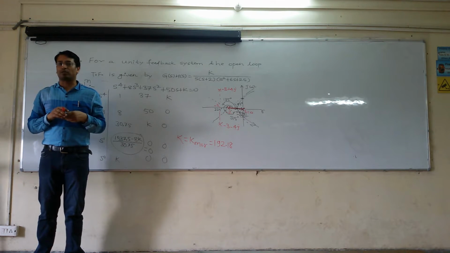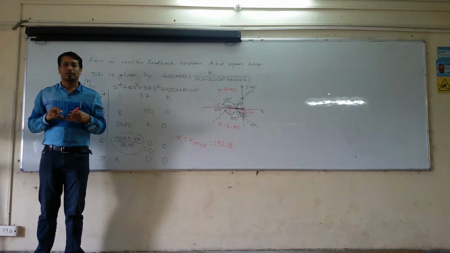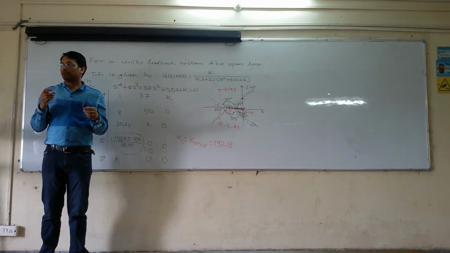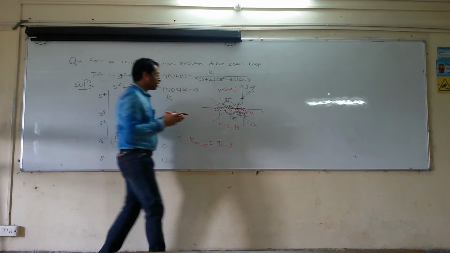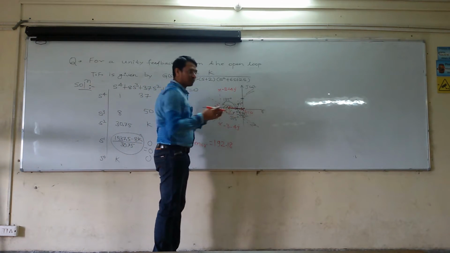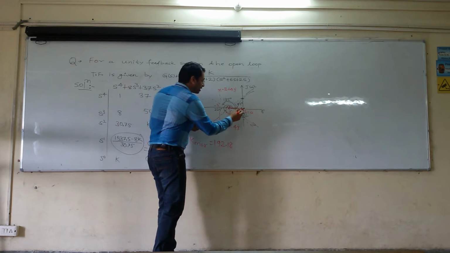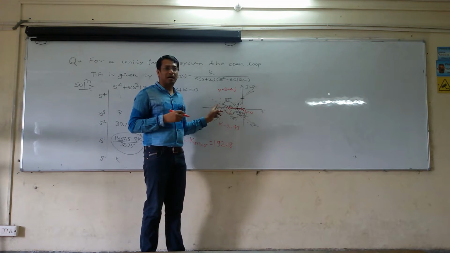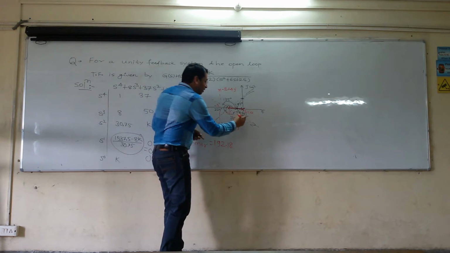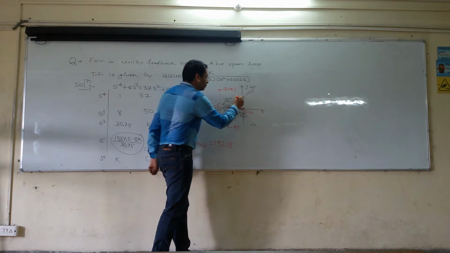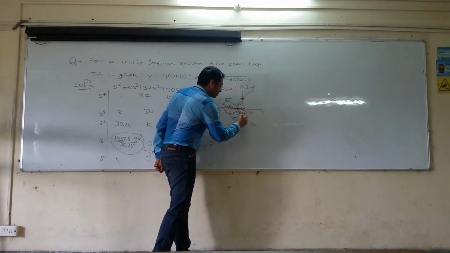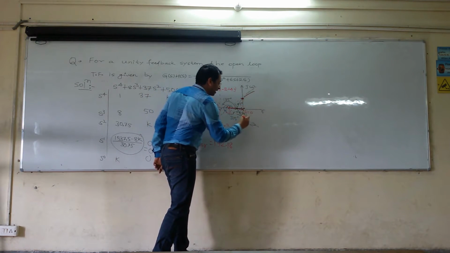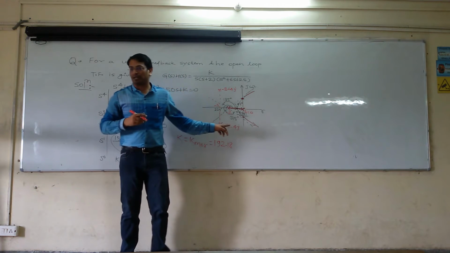So read the second question, part B of this question. What is being asked? At what value of k does the system become unstable? For this value of k the system is at 0, we are going to avoid this. For all other values of k, the roots of the characteristic equation lie on the left half of your s plane, so the system is stable. But when the value of k becomes 192, it is on the verge of instability. For any value of k greater than k marginal, your root locus will be in the right half of the s plane.